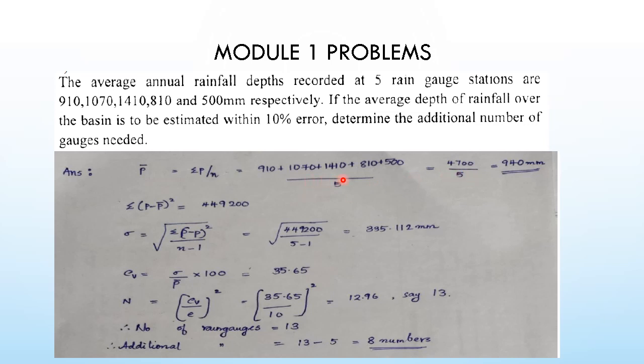If you sum up all this precipitation, 910 plus 9070, like that, divided by the number of precipitation values given, which is 5, you get 940 mm. In this question, you are asked to find out the optimum number of rain gauges required. In this problem, only 5 rain gauges are given. So to find the standard deviation, sigma equals the root of sigma (P minus P bar) square by n minus 1. P minus P bar will be